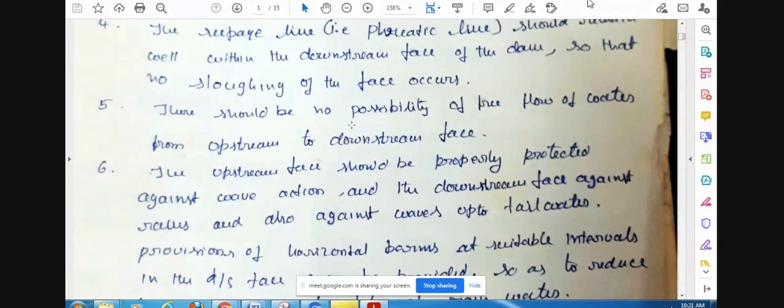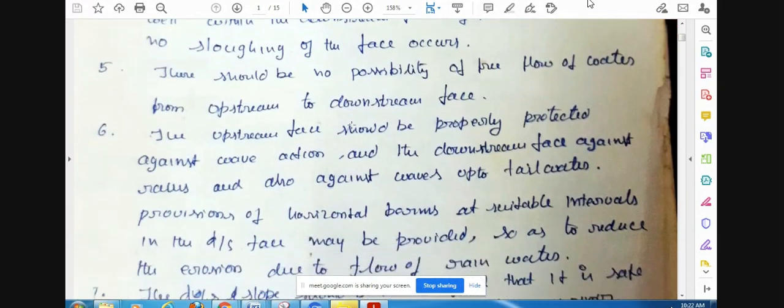damage the downstream phase. Okay, the rain particles fall from the top of the atmosphere and have a high potential energy. That potential energy will dislodge the particles on the downstream phase. This dislodging usually occurs every monsoon season. After the monsoon completes, you have to fill those gaps. If you do not do that, the size of the hole will be enlarged next season, and that leads to the failure of the structure.